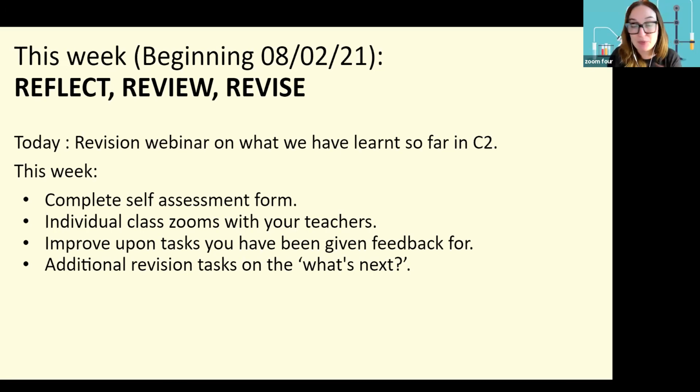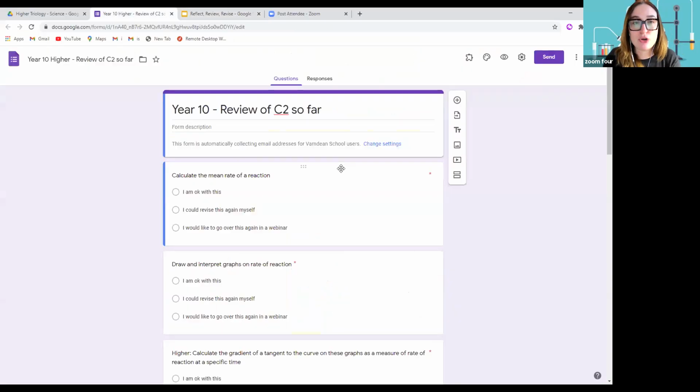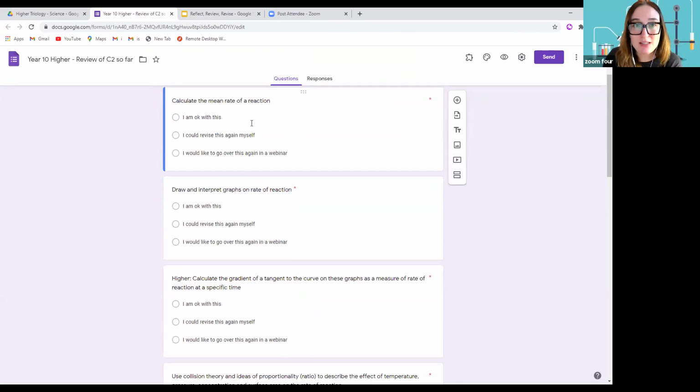And I'll show you that now. So what I'm going to do is I'm just going to exit here, and I'm going to show you the self-assessment quiz. So this quiz, as you can see, has statements that come directly from the specification, and the specification